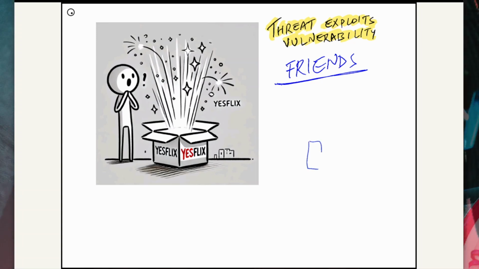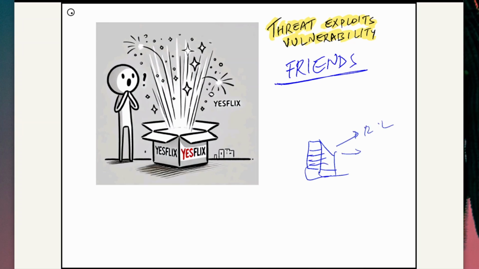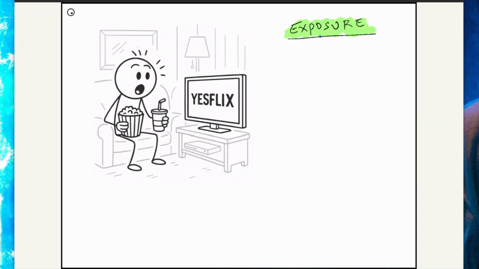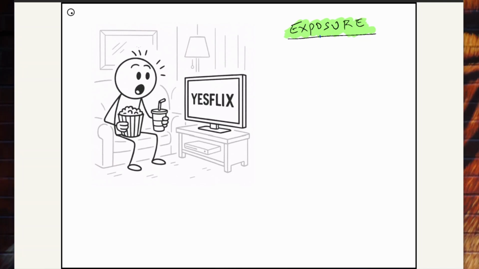So imagine your web server. What's the vulnerability? It doesn't have rate limiting. It doesn't have web application firewall protection. That's why it's susceptible to HTTP floods. And that threat can exploit the vulnerability of the web server. So vulnerability always leads to exposure. You can check out my separate video where I explain the difference between risk and exposure